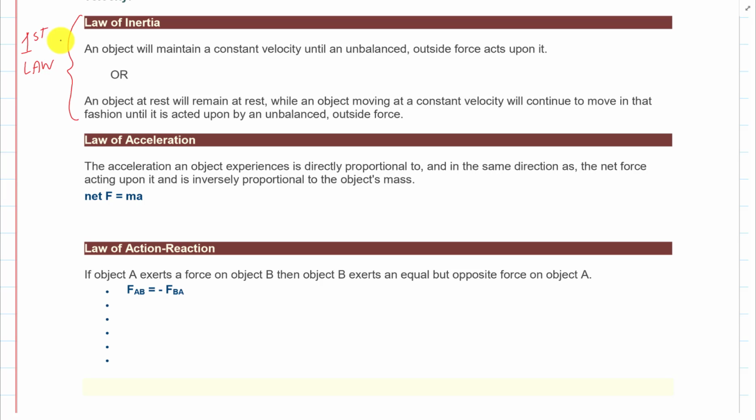Or, another way to look at it in a little bit more detail, because what is a constant velocity? An object at rest will remain at rest, while an object moving at a constant velocity will continue to move